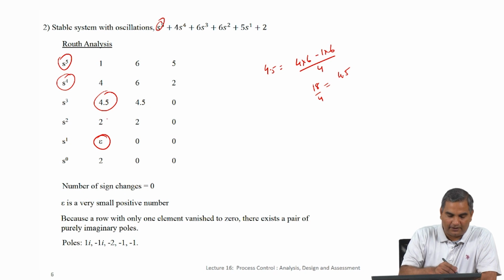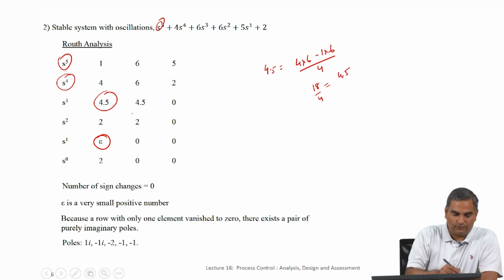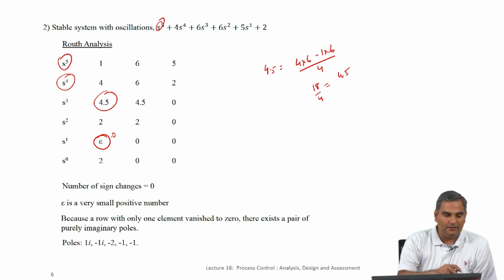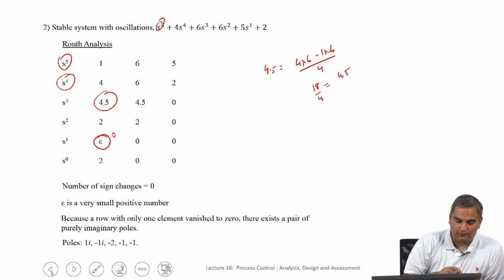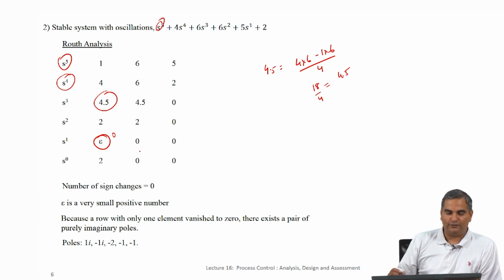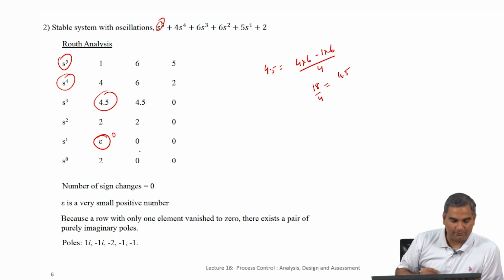So, that is 9 minus 9 by 2, 0. Okay. So, this will turn out to be 0. The problem with this 0 is that when I come here, if I leave it as a 0, then I will have 2 times 0 minus 2 times 0 by 0. So, 0 by 0 form will not make any sense mathematically as far as this computation is concerned.